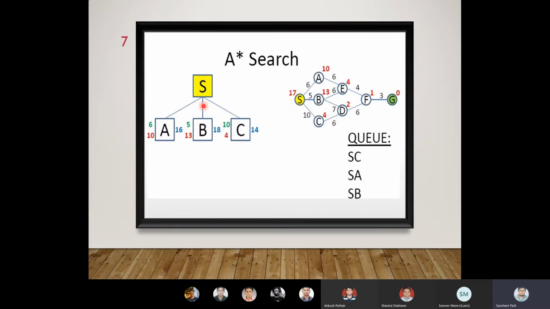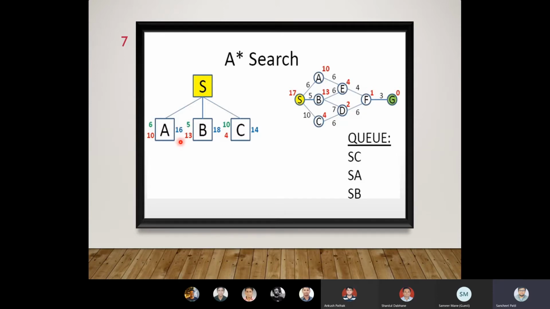So there are basically three main parts right now with us, that is a, b, and c. We can go through a, we can go through b, we can go through c. So if we calculate a cost to move from s to a, is given over here as 6. So indirectly, the g of n for a becomes 6. After that, heuristic value of a is given as 10. So when we will be adding both, that 6 plus 10 will become 16 over here.